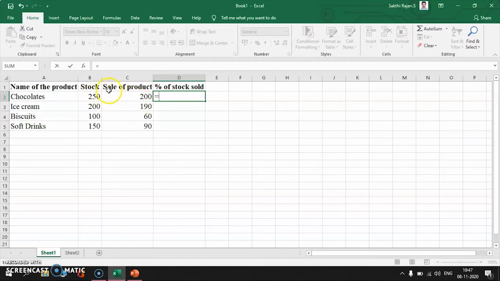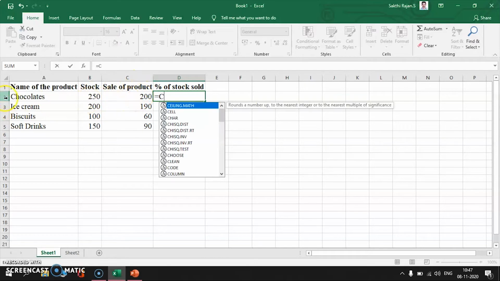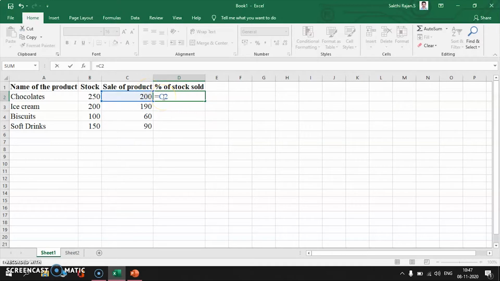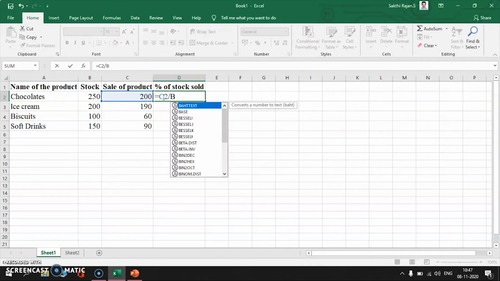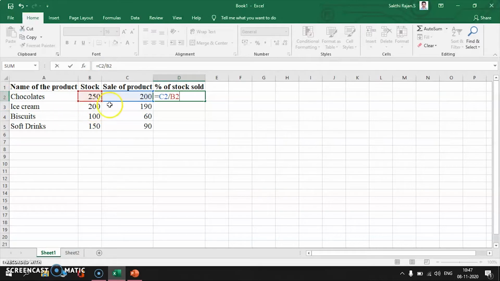I'm going to divide the sale of the product by the stock, so C, and the row number is 2, because chocolates are in row 2. So C2, divided by B2, since the column name is B and the row number is 2.